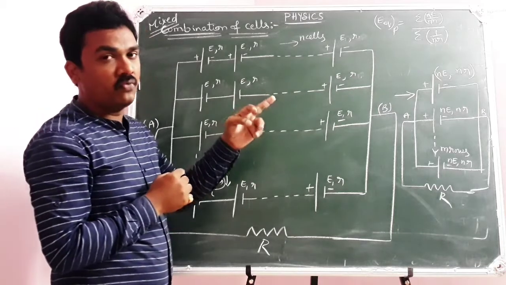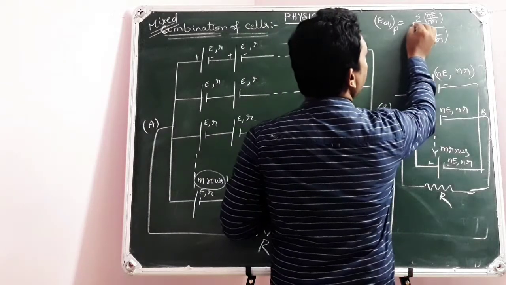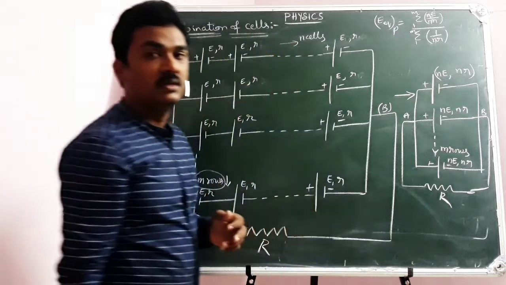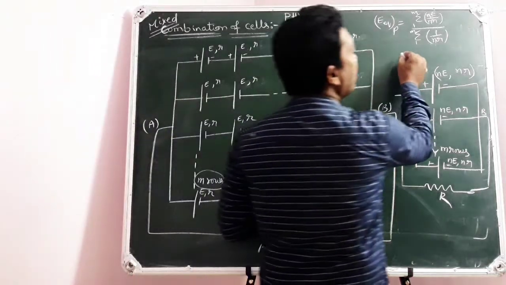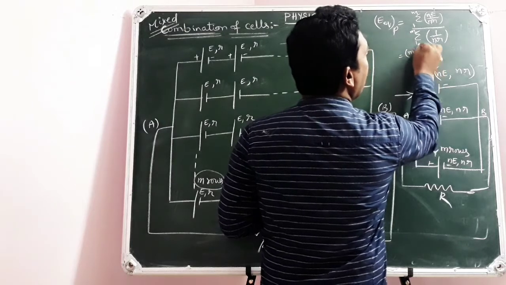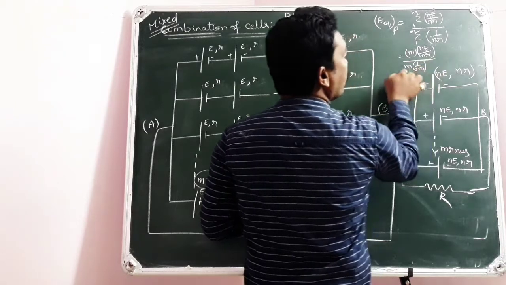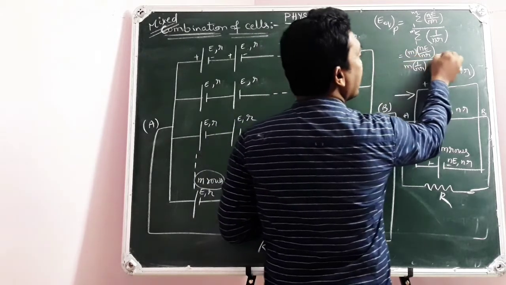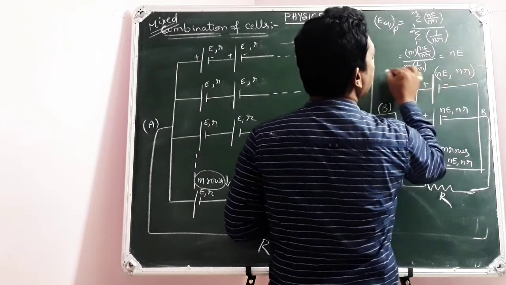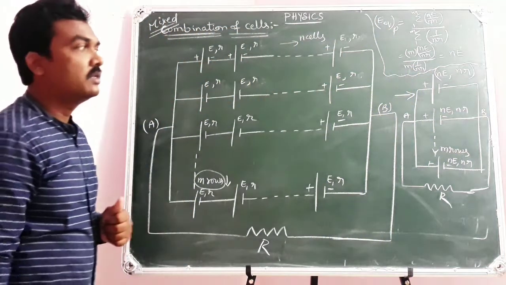So, NE is the EMF, NR is the internal resistance for all, in the sigma. Here i equals 1 to M are the limits, because there are M number of cells. So the numerator is going to be M of NE by NR, and the denominator is going to be M of 1 by NR. Of course, this M gets cancelled, this N gets cancelled, NR gets cancelled anyway, it is going to be N into E, which is the equivalent EMF in parallel combination.